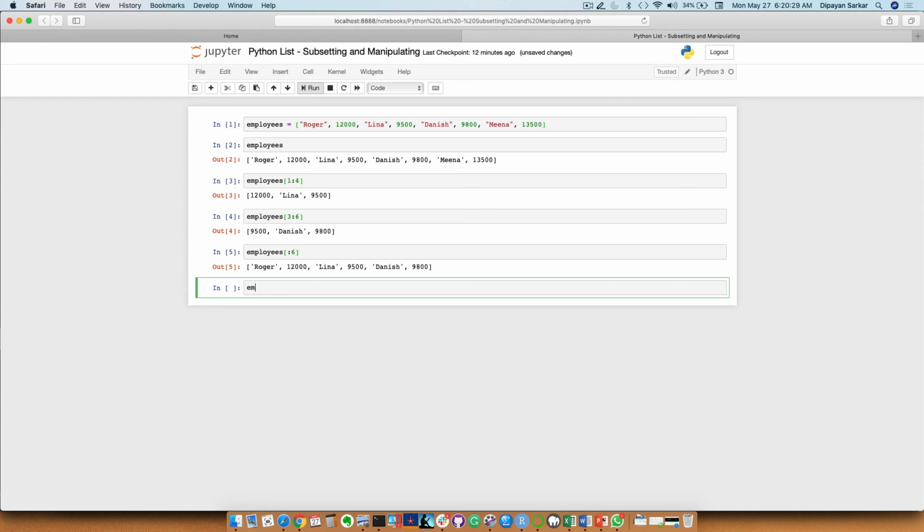Similarly, if we say employees, starting position is 2, followed by a colon, and then we leave it blank, it will take the elements at index 2 and return all the elements till the end. So we see that Lena is at index 2 and we have left the end index as blank. So it will return all the values from Lena till